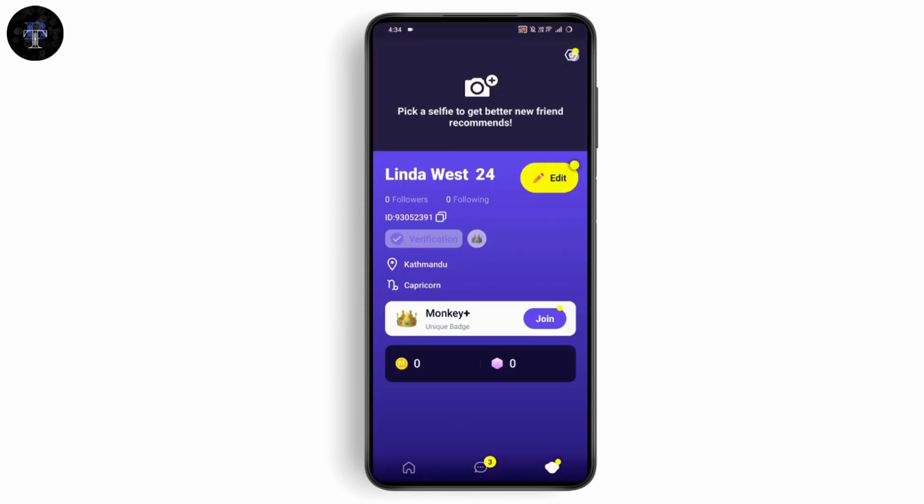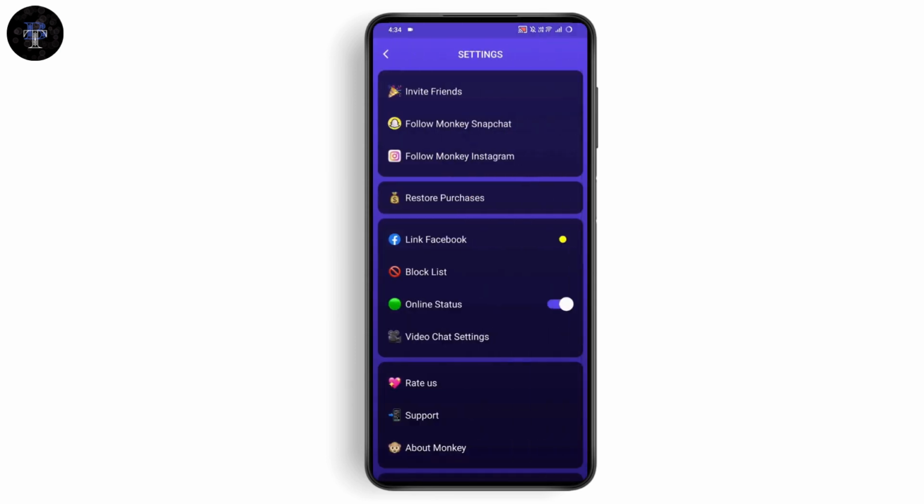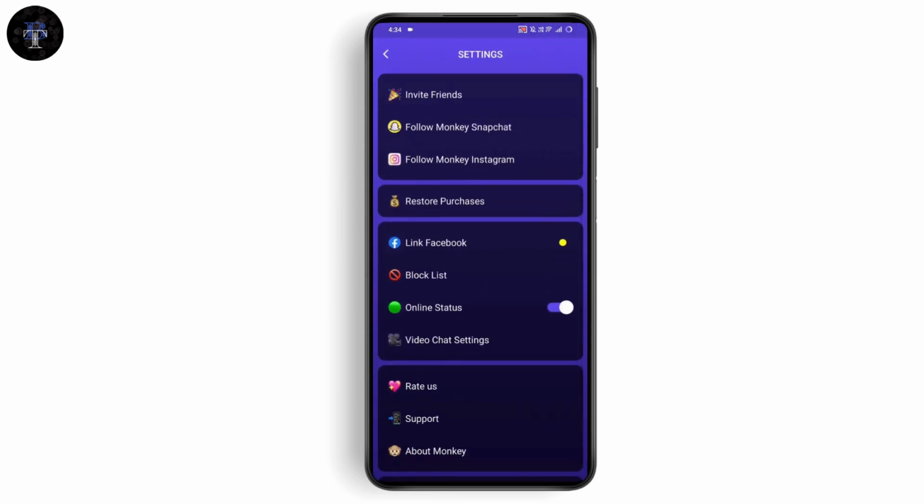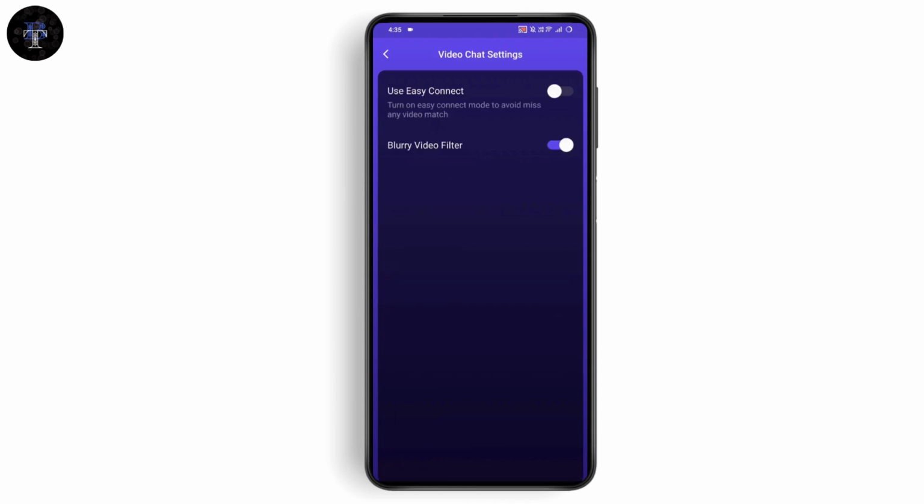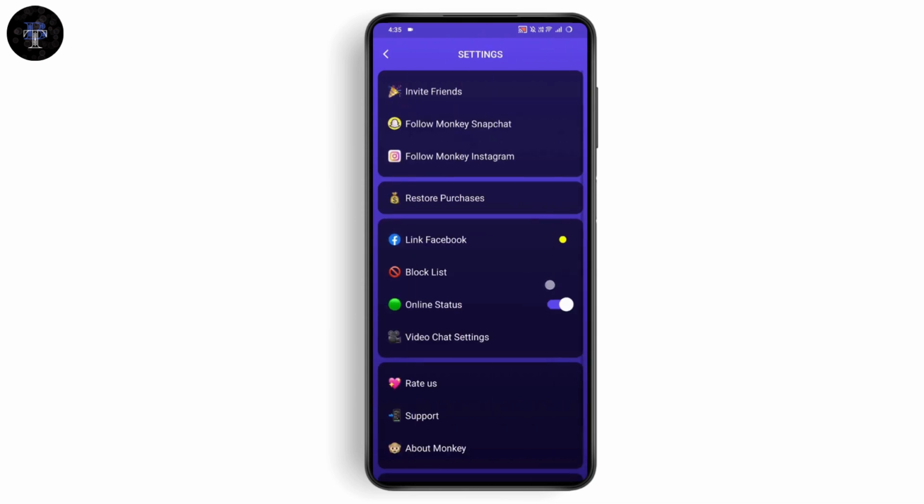Now tap on settings, which is on the top right, and here you will have an option of video chat settings. So you just need to simply go with video chat settings. Now here you will have the first option as use easy connect, right? So you just need to simply go and turn this off. Once you turn this off, you can go back and start your video chat, and now it will give you